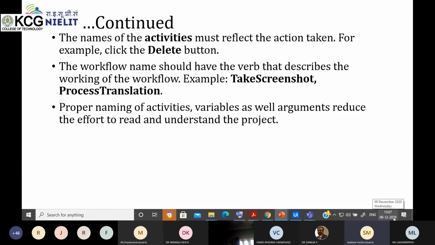That is why I have written today's date in the name. Here it is written that proper naming of activities, variables, and arguments reduces the effort to read and understand the project. If you hand over your projects to someone, he will be able to understand what purpose you created these variables for.